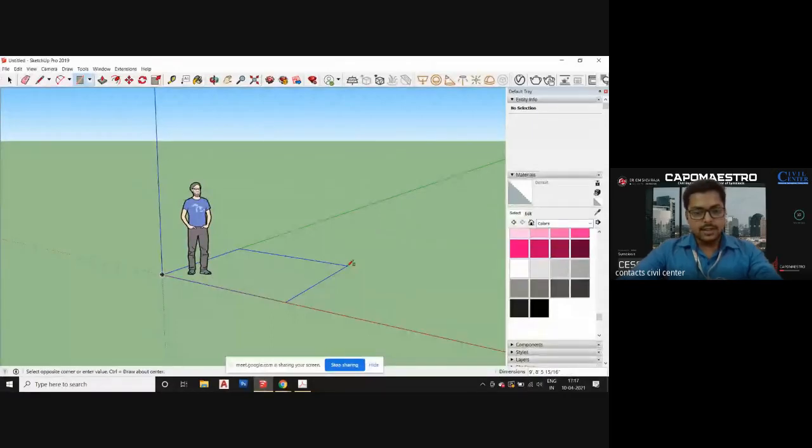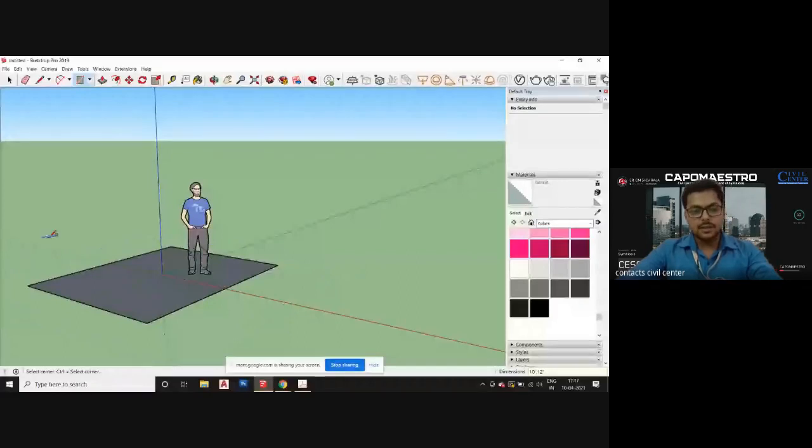In the VCB box, you can see whatever value you are entering. If you go with a random dimension, you will also find that there. That's how you can create the rectangle.